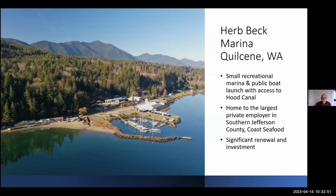A little bit of it's the marina, and there's just a lot of work to be done there. The breakwater's in trouble. The marina needs to be dredged. The docks and floats are old. We do have some good news, which is we're just on the cusp of being awarded about a $1 million grant to help support a restroom renovation, a reconstruction of the boat launch, some ADA amenities, parking lot updates, landscaping,